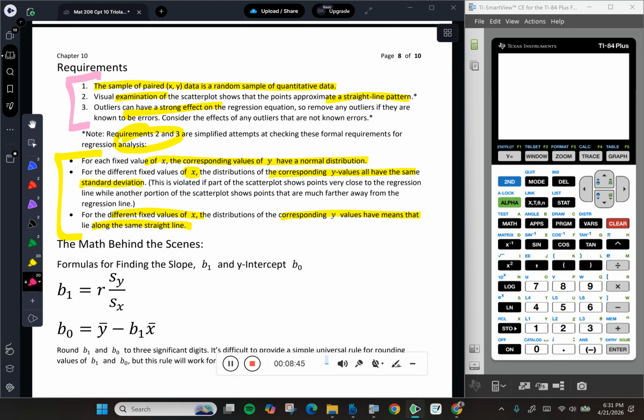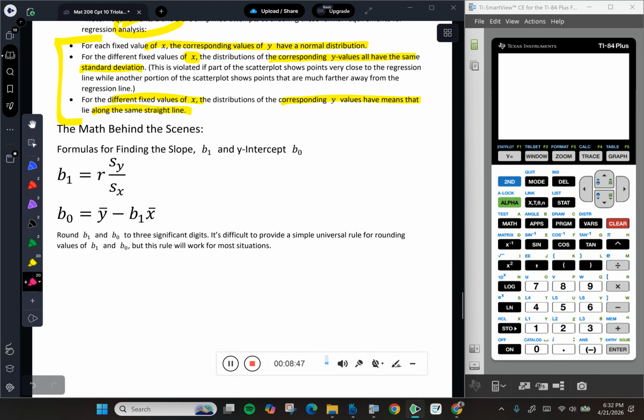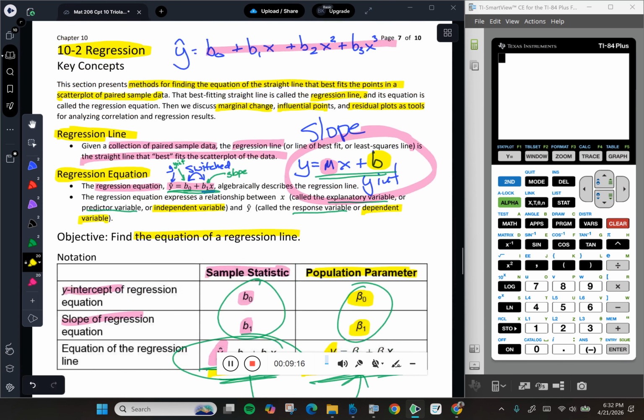And if there are outliers, we should check and see if there may be an error, because they can really affect the outcome. Right? Now, the math behind the scenes, what's happening behind the scenes when the b sub 1, our slope, and the b sub 0, our y-intercept, are being calculated, is we're doing this. Now, hopefully, this still is fresh in your memory. That's that r from the last session. So that r that makes this formula right here look really simple, r times the standard deviation of the y values divided by the standard deviation of the x values, that r is